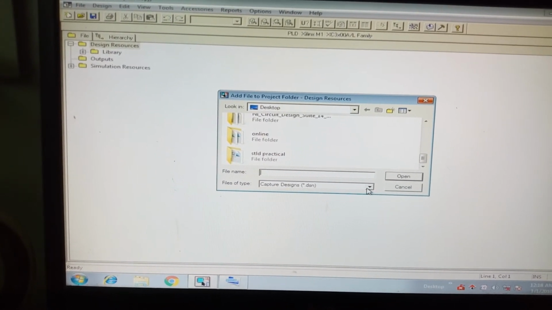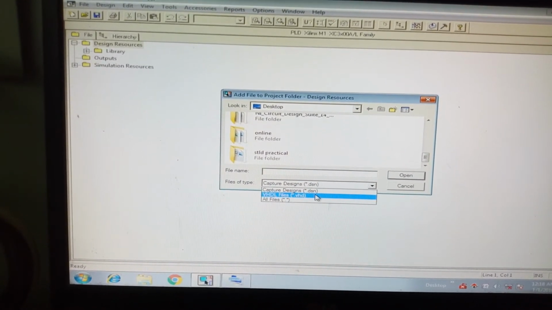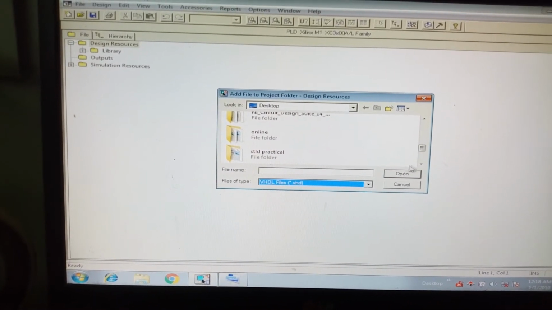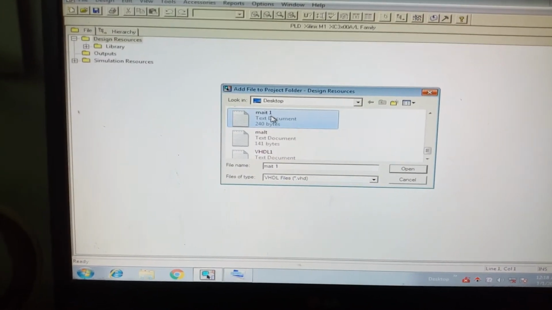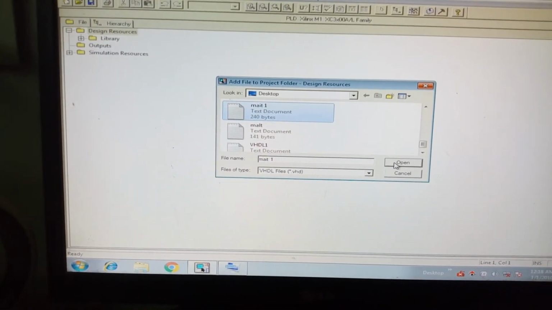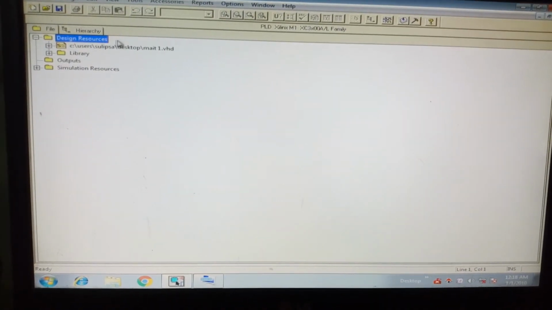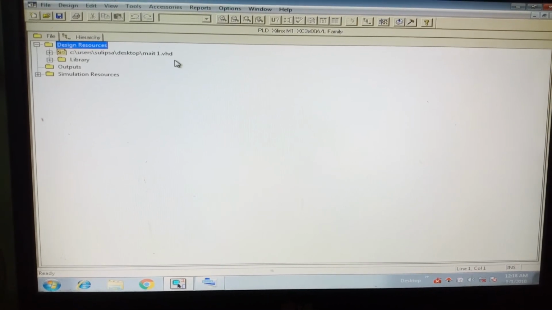If you don't get it, go to file type, VHDL file, .vhd extension, the name of the file. Then you go to the screen, you find MAIT1, click that particular file and open it. You find that file is added in the design resources: users, Philips, desktop, MAIT1.vhd.